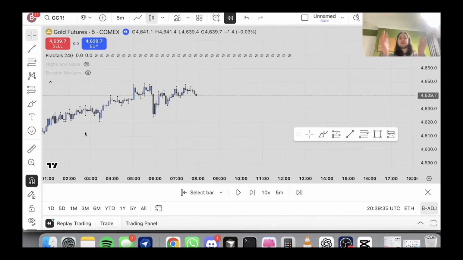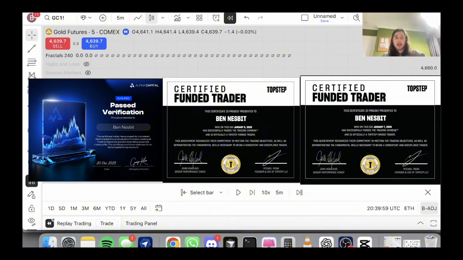Right, boys, so today I'm going to be teaching you the most easy and effective mechanical trading strategy that basically took me from being a discretionary nobody blowing every single TopStep account that I was trading to actually being able to pass my first few TopStep accounts and also pass some Alpha Capital accounts. So I'll chuck the certs on screen now so you know I'm not bullshitting, and we are going to jump